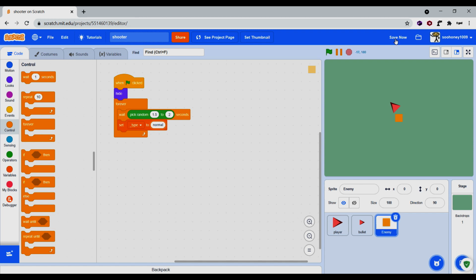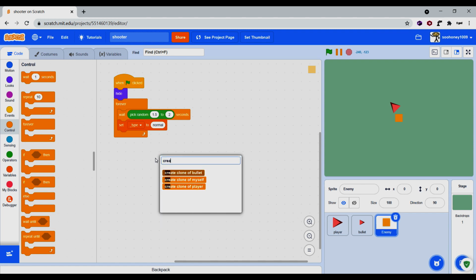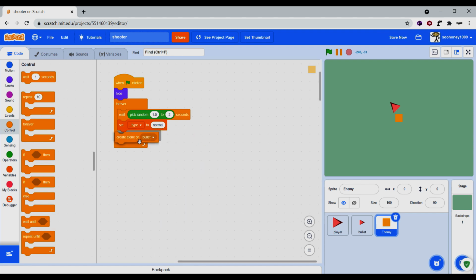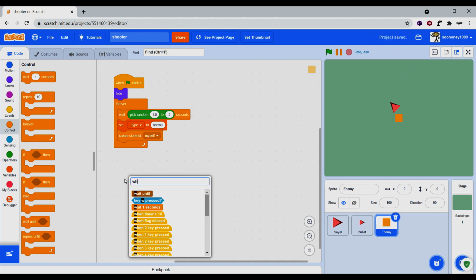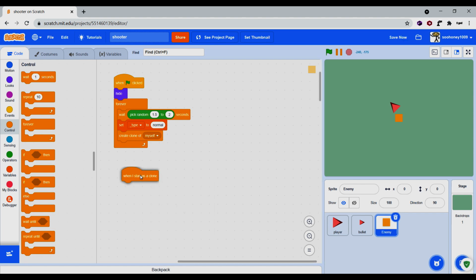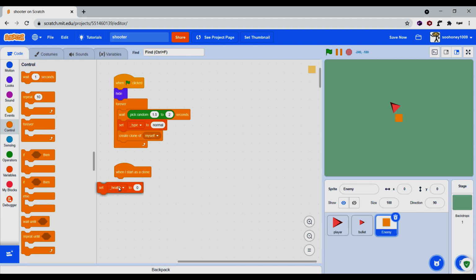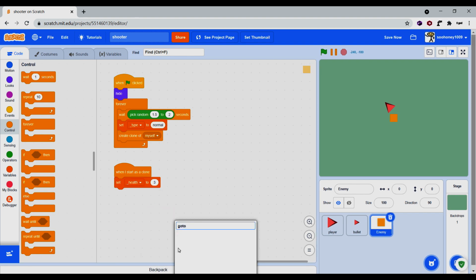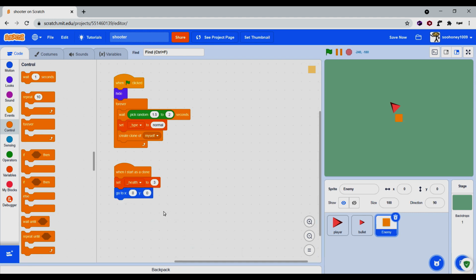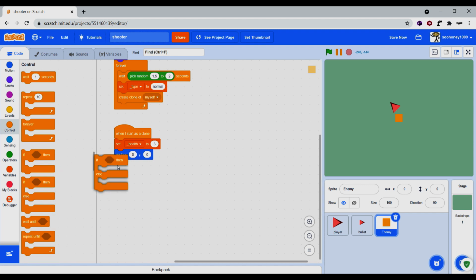Normal. Obviously, you can name it something different, but normal is very fine. And then we can create clone of myself. And then when I start as a clone, we can set health to 3 and then go to 0, 0, and then we can do if else